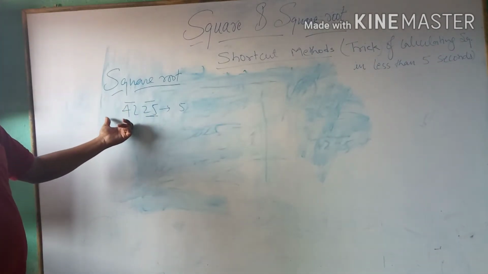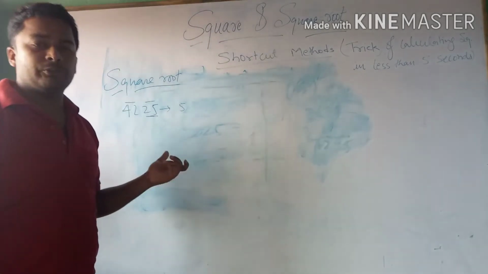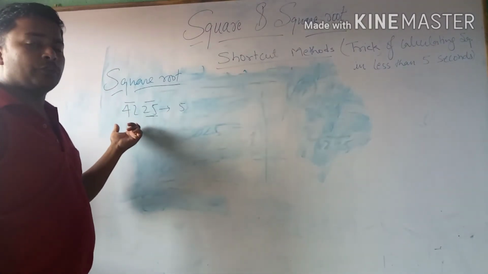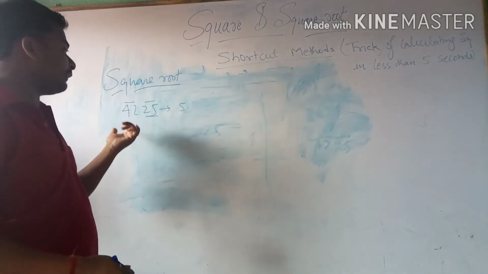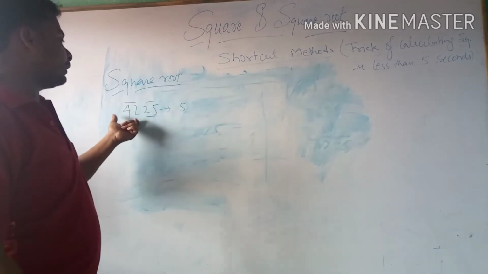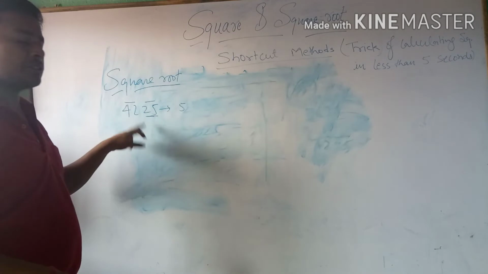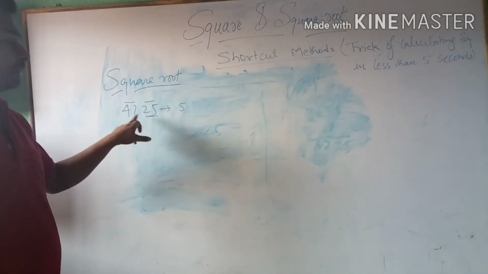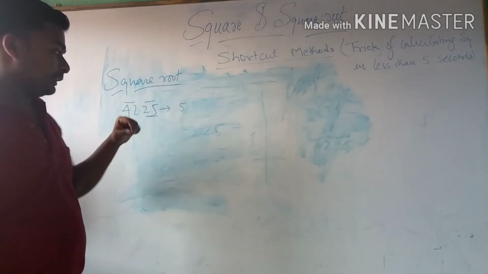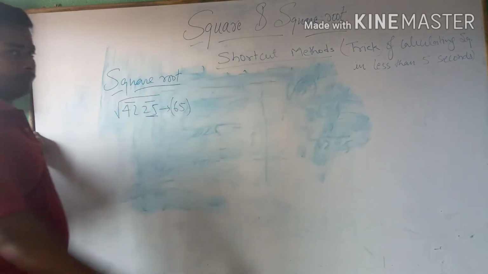Again, we will come to the next place, it is 42. We will check that this 42 is just less than which number's square. Now, if we go for 8, it is 64, for 7 it is 49, and for 6 it is 36. So 7 cannot be possible. What is possible? 6. Just one number less than the perfect square. It means 7 is the perfect square that is greater than 42. So 1 less than that is equal to 6. So this is the square root of 4225.